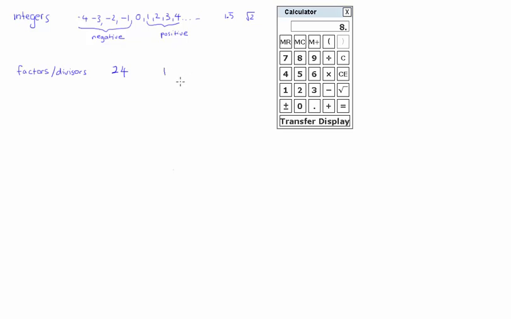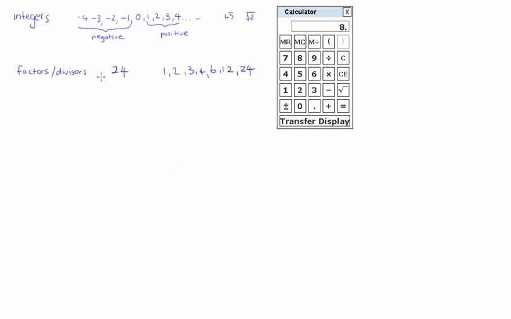Actually 1 can divide any number. 2, 3, 4, 6, 12, and including itself. So 1, 2, 3, 4, 6, 12, 24. These are all factors of 24 simply because 24 can be divided by all of these numbers, and these are